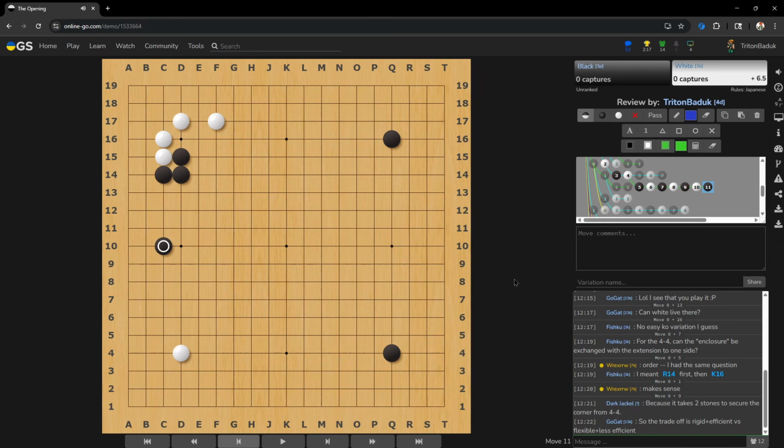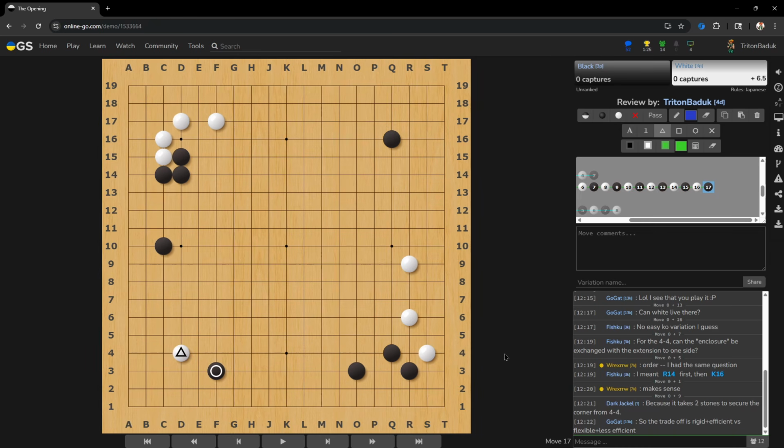So now that we've approached, we don't have any more 3-4 points. And so now our goal is to try to make the most of the situation with our 4-4 points, right? So what is the problem here? Well, white in the bottom left corner can no longer extend this direction because there's a stone already there, which means white is now limited to only extending in one direction. So instead of approaching from like the inside over here, where if black just backs off and we do a nice simple move here, and black gets to approach in the bottom, this white stone in the bottom left is not a very efficient 4-4 point